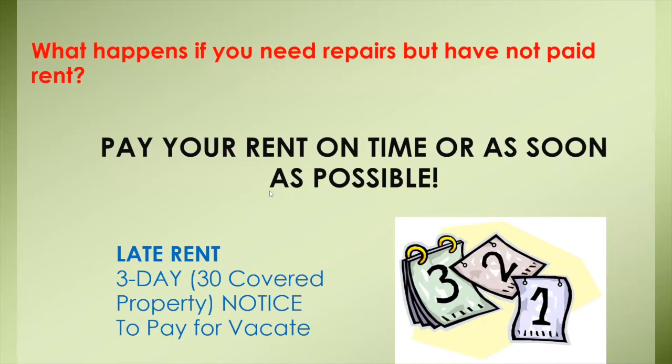It's important because if the landlord receives your 7-day letter and you have not paid rent, the landlord has every right to provide you with a 3-day notice of non-payment, or in cases where you live in a covered property, which is basically federally subsidized property, they'll give you 30 days notice to vacate. The landlord will be within his right to do that, even though he also is obligated to make the repairs